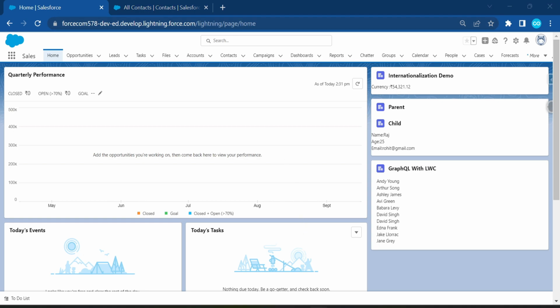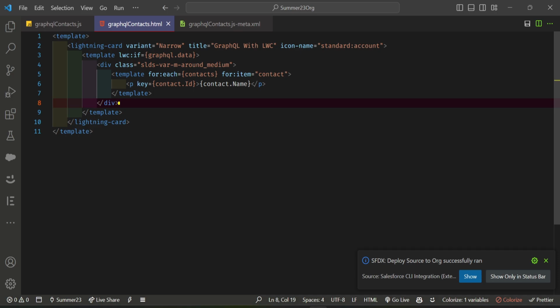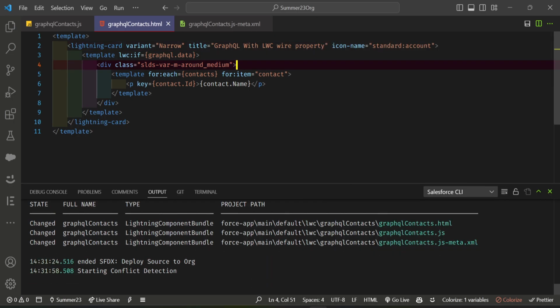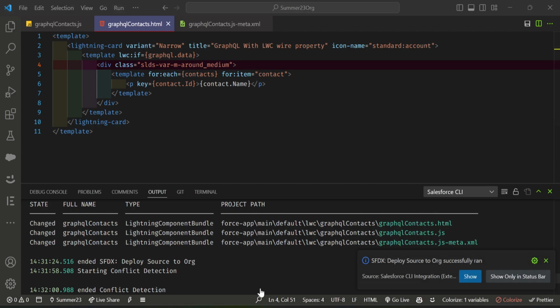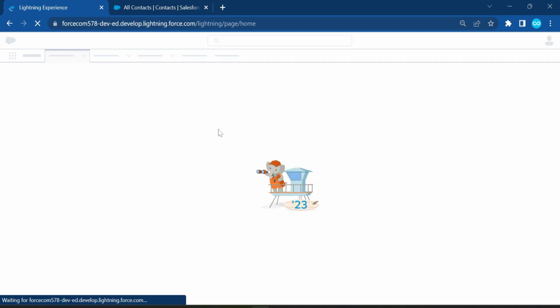So let me change some HTML inside this component and make it like GraphQL with LWC wire property. Okay, let me deploy it. It's easy to understand, right? That's why I'm taking this example here. So once you've done it, now you just have to refresh your component and let's see the output. So just refresh it,